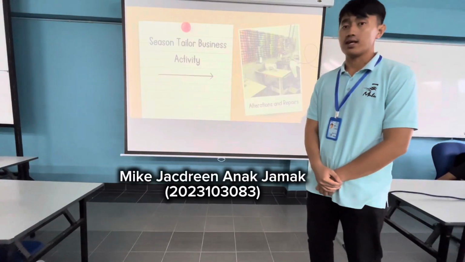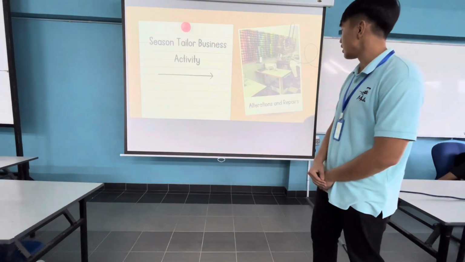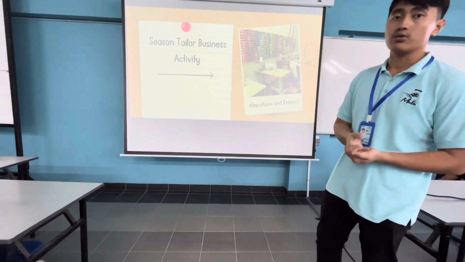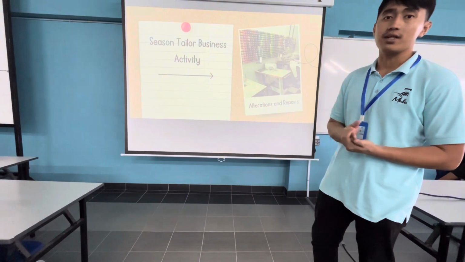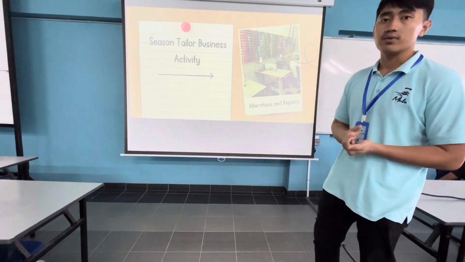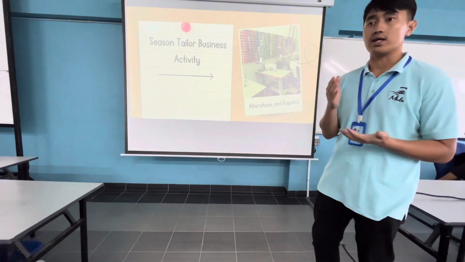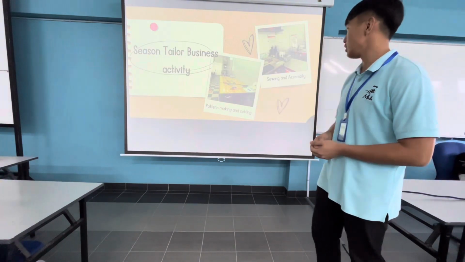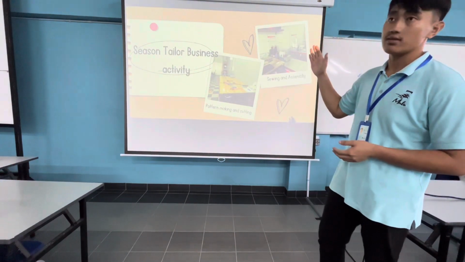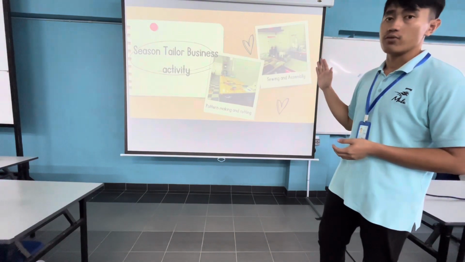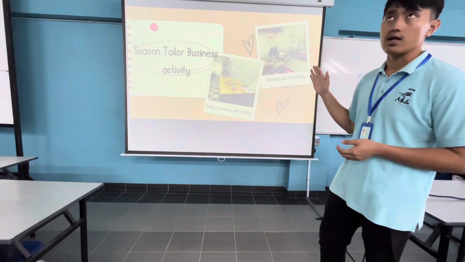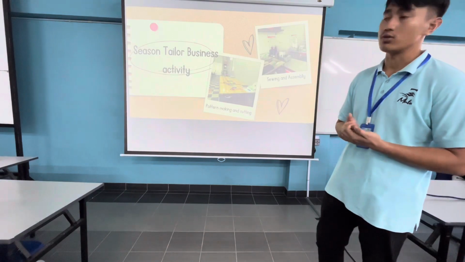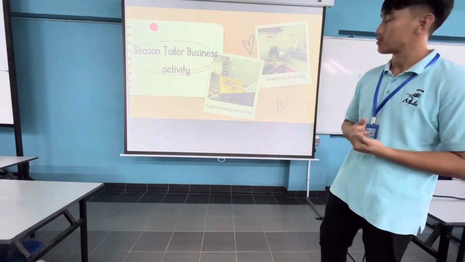So the first activity, just like I said just now, is alteration and repair. So what does alteration mean? Whereby in alteration, they make the outfit that matches the customer's needs, or in other terms, they fulfill the customer's needs or what they customize. The second one is pattern making and cutting, whereby this season tailor also provides or makes traditional costumes for customers, for example gawai, traditional costumes, or those of other races.